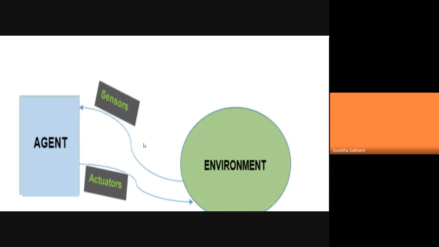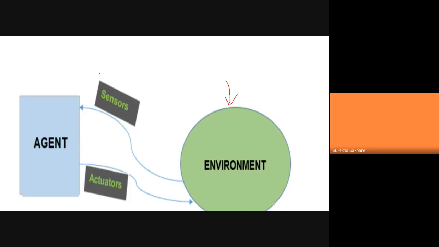Let us understand the block diagram. Previously we had seen it with the robot symbol and all. So here I have made it a bit simpler again. You can see that you have an environment that we had been talking about: observable, deterministic, static, then episodic or sequential, then discrete or continuous, like that. Okay, so these were the different environments, and depending upon that the performance will be changing.